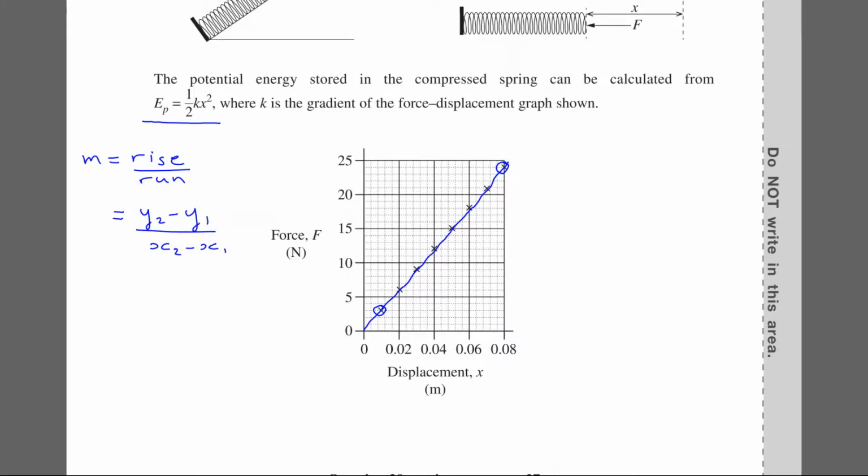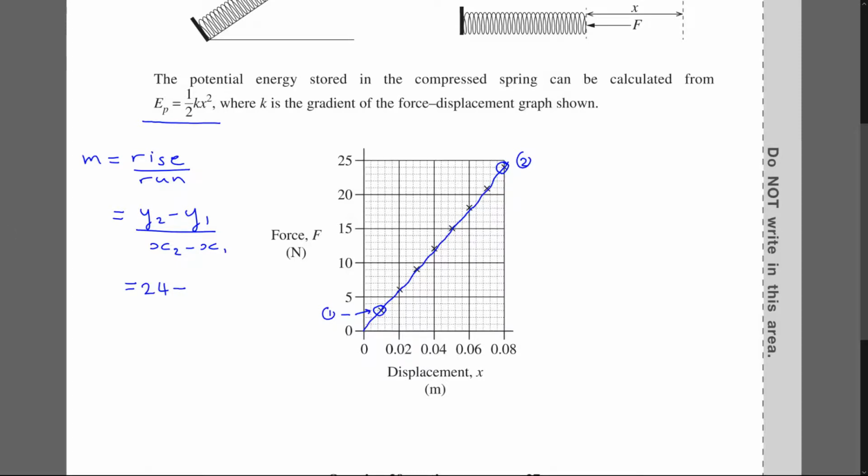Now it looks like I can say that y2 is going to be 24. So I'm going to call this point 2. I'm going to call this point 1. And it doesn't matter what I call 2, what I call 1, as long as I'm consistent. So, looks like y2 has a value of 24. So this equals